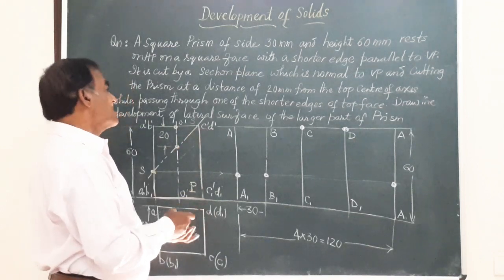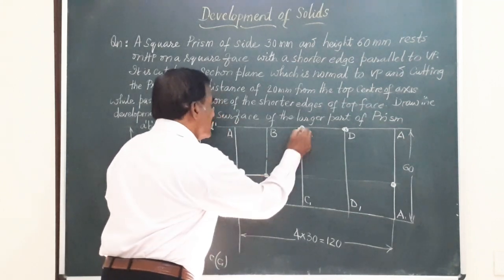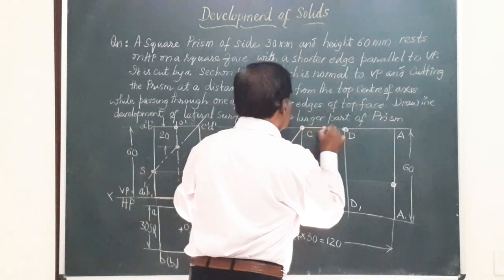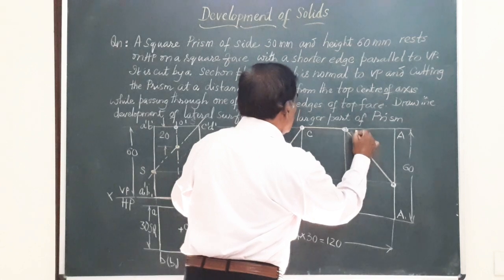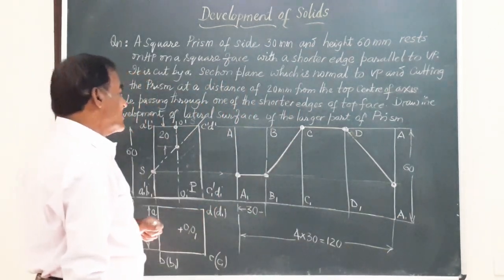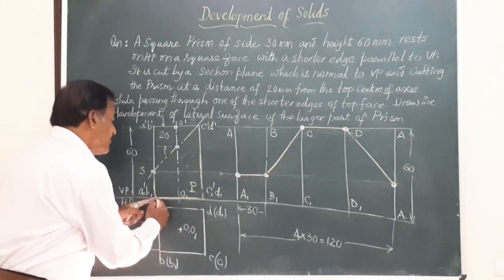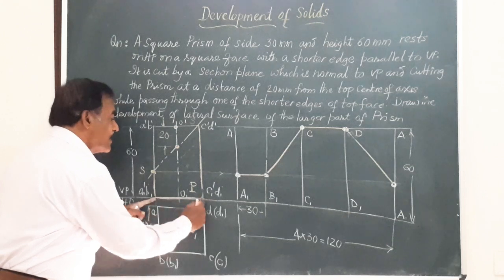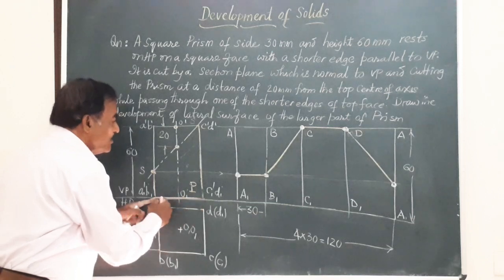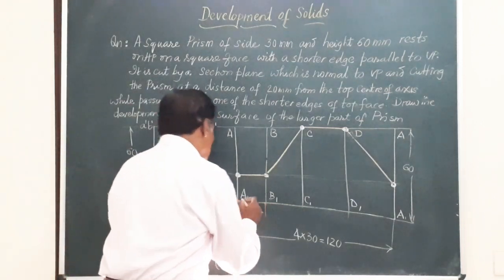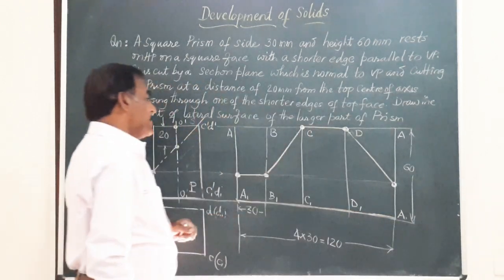So let us join all these points so obtained by straight lines. So I will join these two. First line, second, third, then fourth. So I joined all these points. Now after joining them by straight lines, come to the front view. In the front view, the bottom face is A1 dash, B1 dash, C1 dash, D1 dash. This section plane is not cutting any of these. So the bottom face represented by this line is completely retained.